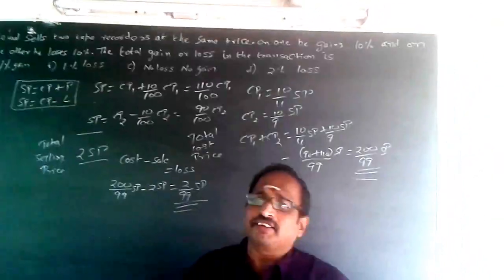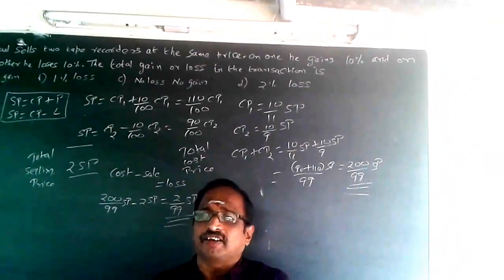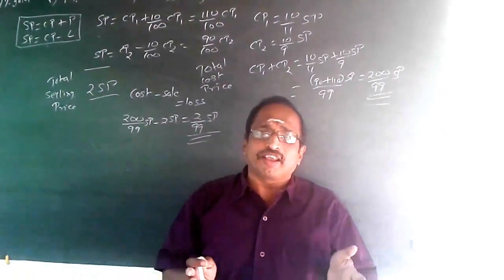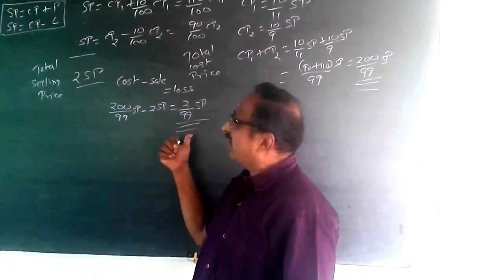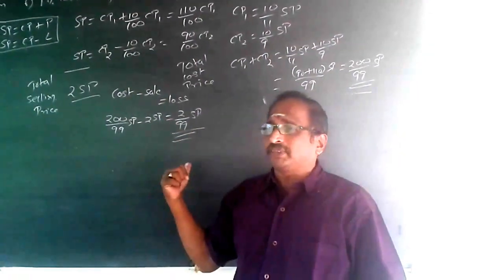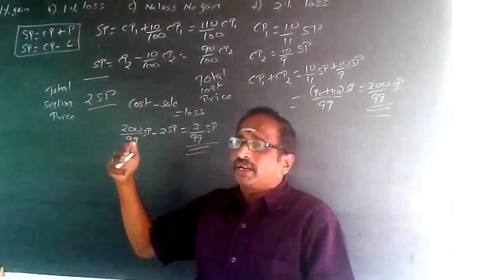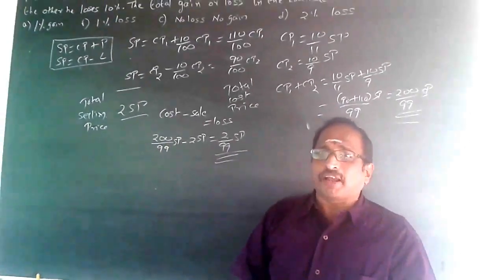Whenever the values are given, you will have to give the answer in values. But if the values are not given, you cannot give values, you have to give it only in percentage. Here the values are not given, so you have to give the answer only in percentage. By default, my loss is always on cost. Similarly, my loss percentage always will have to be calculated on cost.